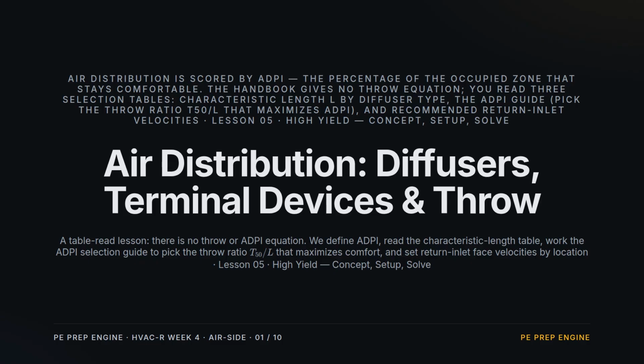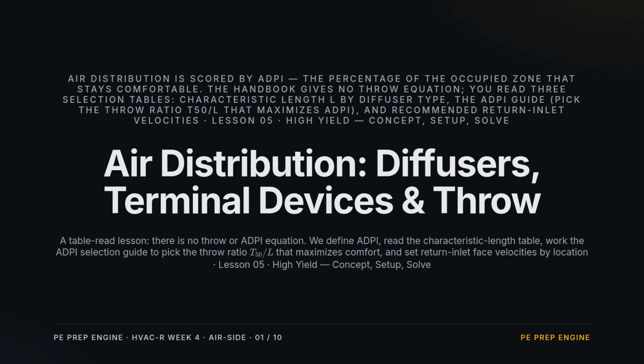Week 4, Lesson 5, Air Distribution. How you place diffusers, size throw, and set return grills so the occupied zone stays comfortable. This is a table read lesson. No throw equation exists, so we read the handbook's characteristic length table, the ADPI selection guide, and the return inlet